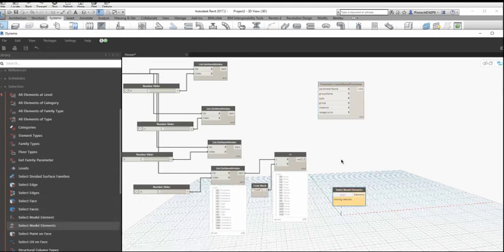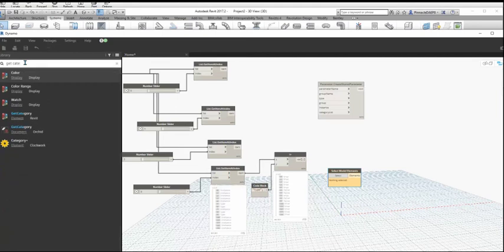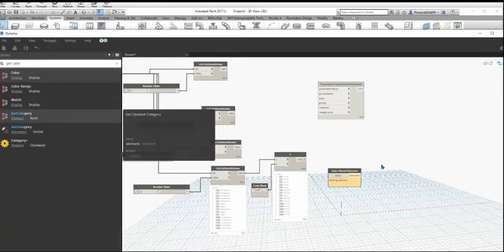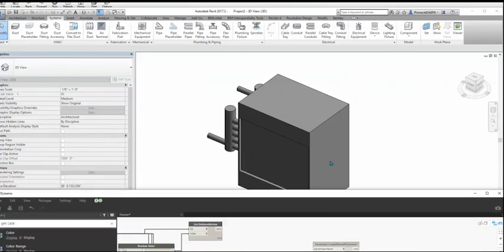For the category list in the Create Shared Parameter node, I will be using the elements which I created. For that I will be using two nodes, Select Model Elements and Element.Category.